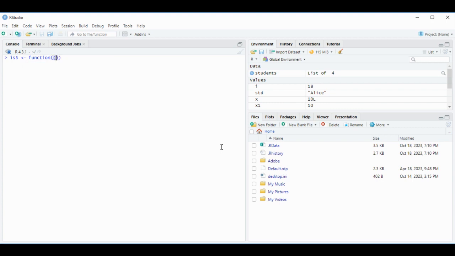Function with one parameter named x, and open a bracket. Now I will define my function statements like this. If x equals 5,